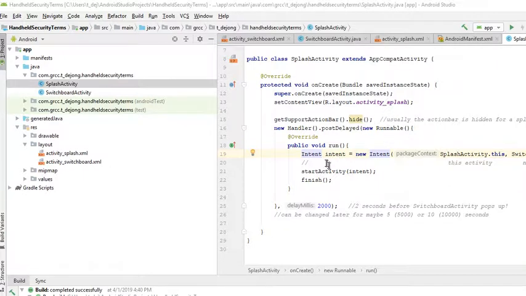And anyway, inside this, what we want to do is create a new intent. Remember, we did intent before when we went between multiple activities. An intent is a way to load another activity. This is the current activity. This is what we want it to load. And once again, we wanted to do it in